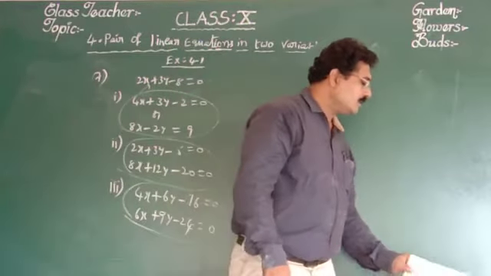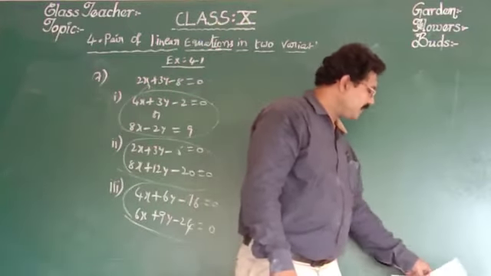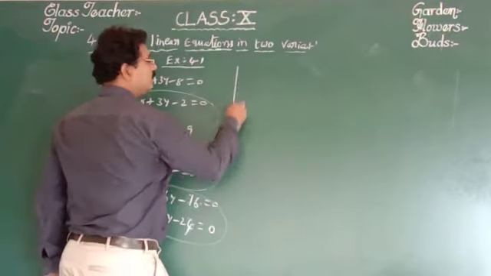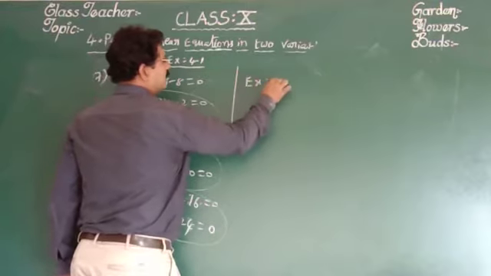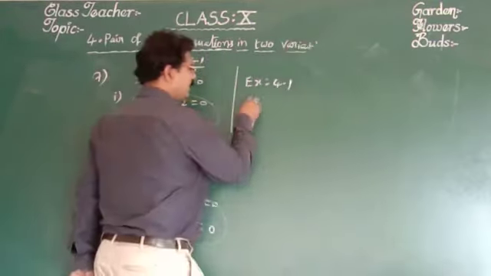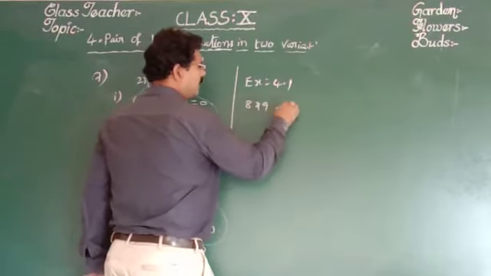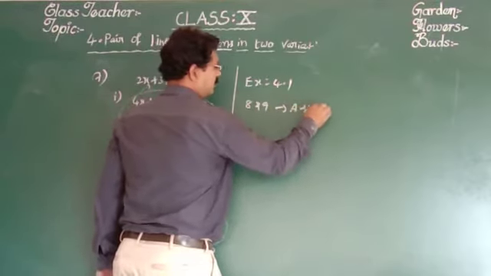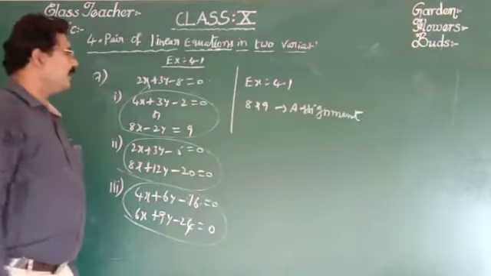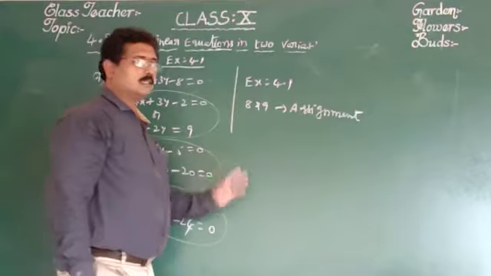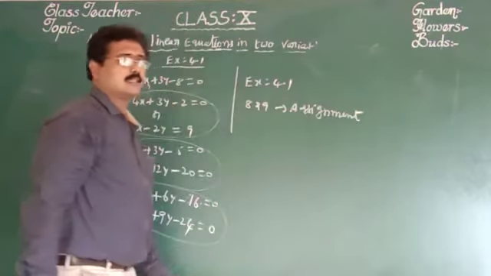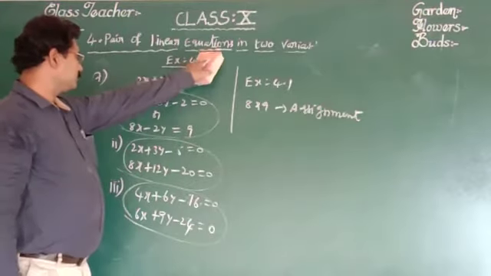Okay, now see that problems 8 and 9 are there, which you do as homework in exercise 4.1. So in exercise 4.1, you do problems 8 and 9 and do the maths assignment. Only you do problems 8 and 9, so that this exercise will be completed. And now see the next exercise, 4.2.